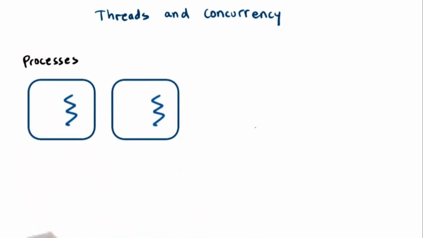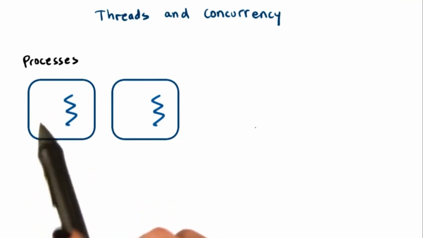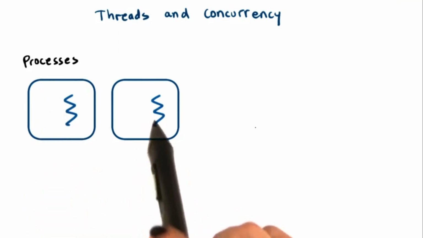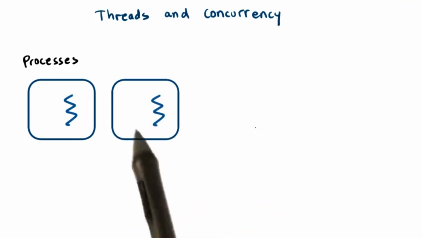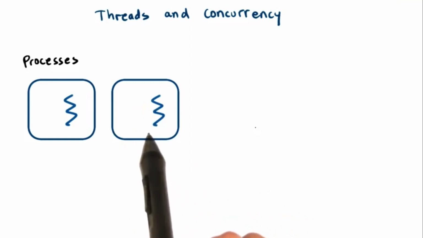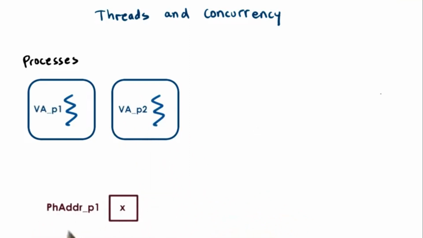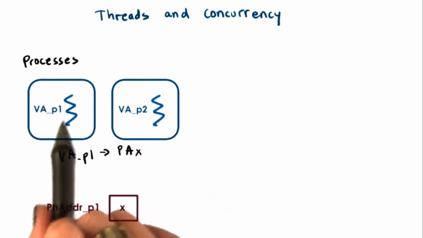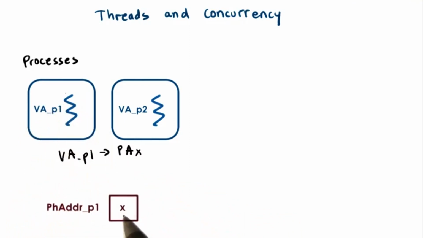The operating system, together with the underlying hardware, will make sure that no access from one address space is allowed to be performed on memory that belongs to another address space. For instance, consider a physical address X that belongs to the process 1 address space. In that case, the mapping between the virtual address for P1 in process 1 and the physical address of X